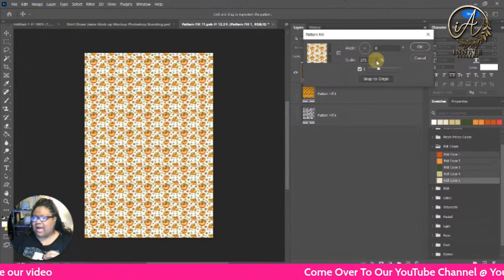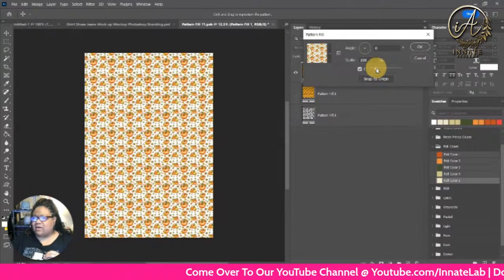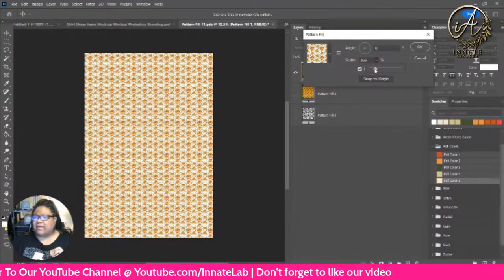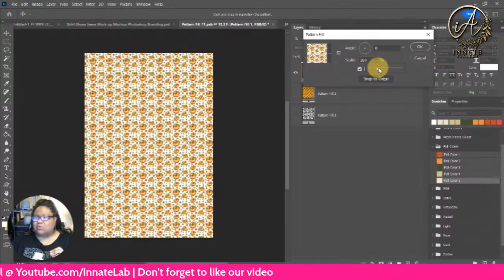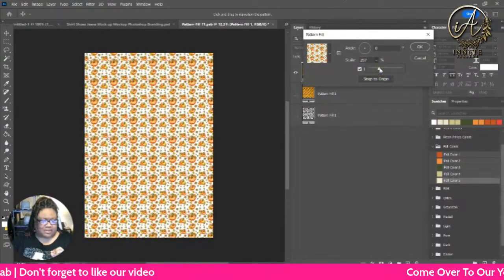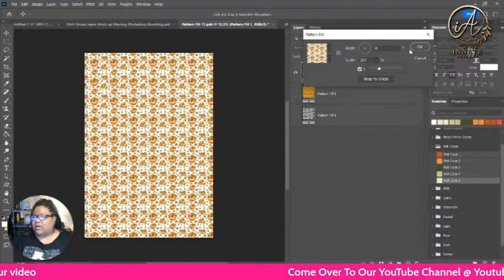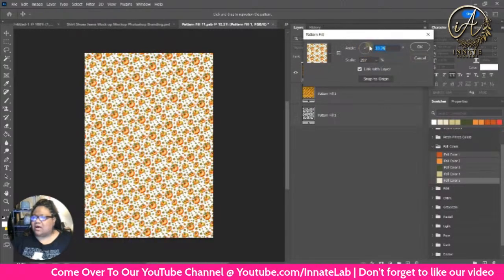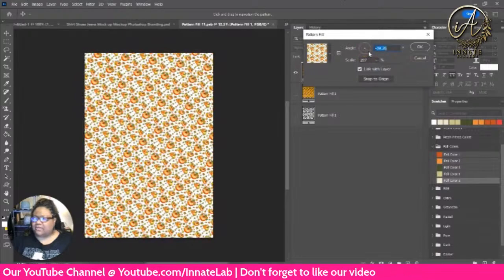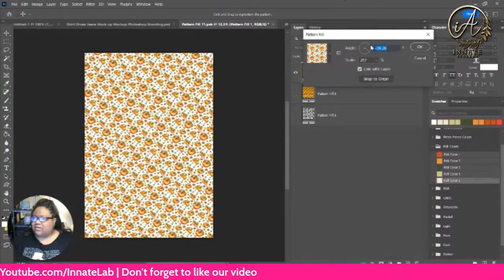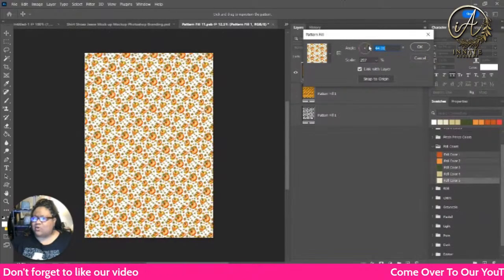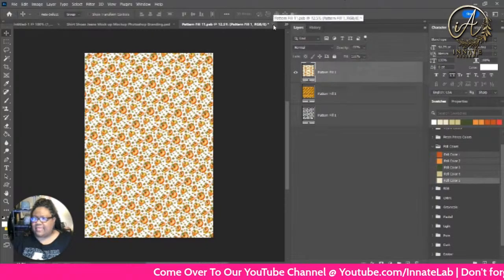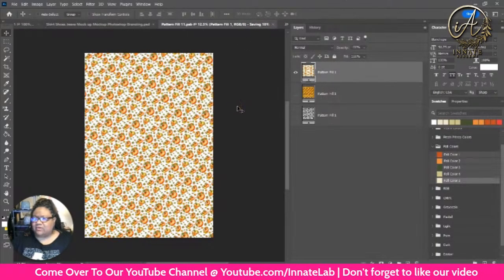Okay, so now I actually think I want to take this scale down a little bit. Actually, I don't want it down a little bit. I want to go up because I want it to be a little bit more of my pattern in there. Okay, and I'm going to say okay. Now you do have the options here. You can change the angle on it. You can go either way, change the angle on it. Actually, I think when I changed it about here, I kind of like that. So I'm going to say okay here, and then I'm going to close out of this layer,